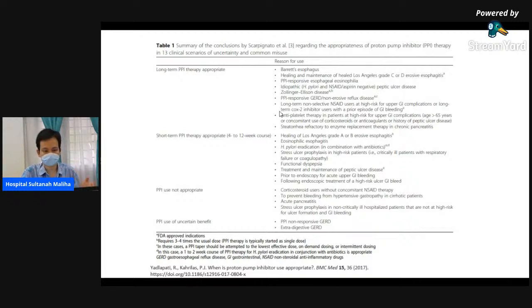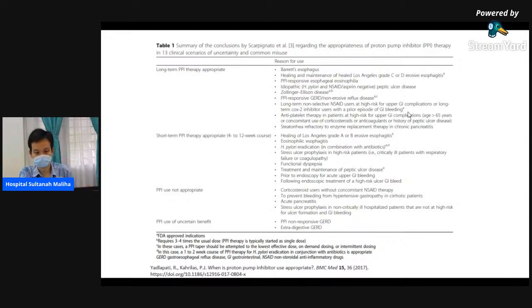In certain conditions, long-term PPI therapy is considered appropriate when the patient has Barrett's esophagus, healing or maintenance of Los Angeles grade C or grade D erosive esophagitis, PPI-responsive eosinophilic esophagitis, idiopathic peptic ulcer disease, Zollinger-Ellison, PPI-responsive GERD or non-erosive reflux disease, long-term non-selective NSAID users at high risk of upper GI complications, and long-term COX-2 inhibitor users with prior episode of GI bleeding. That means if you are using celecoxib and you have a previous episode of GI bleeding, then a long-term PPI